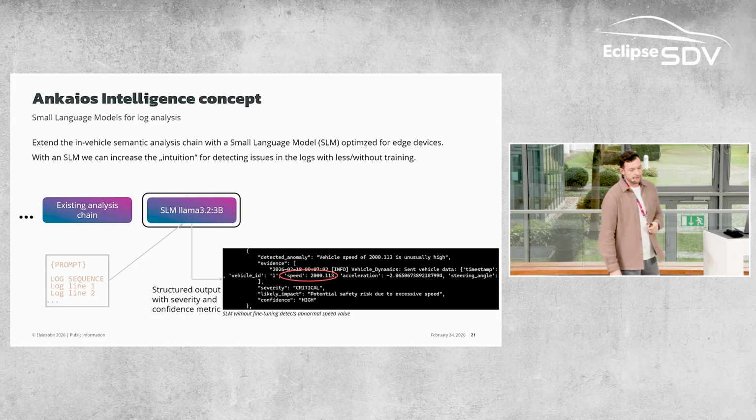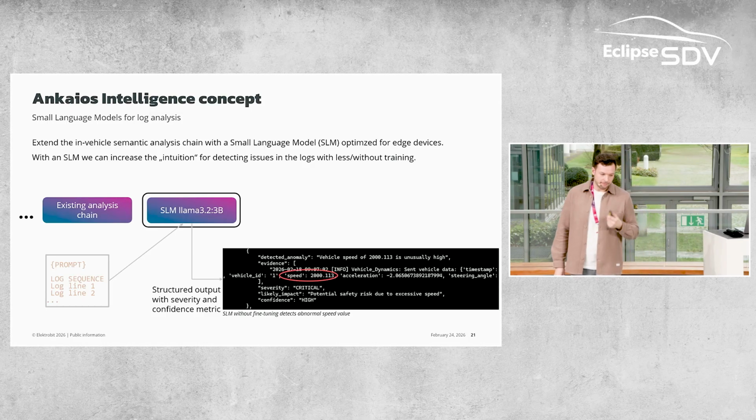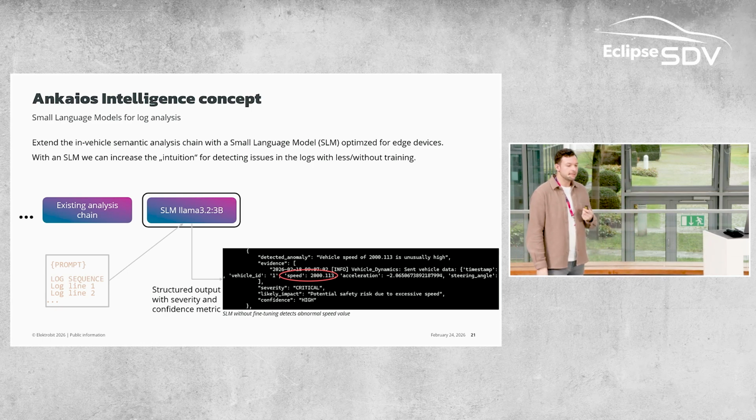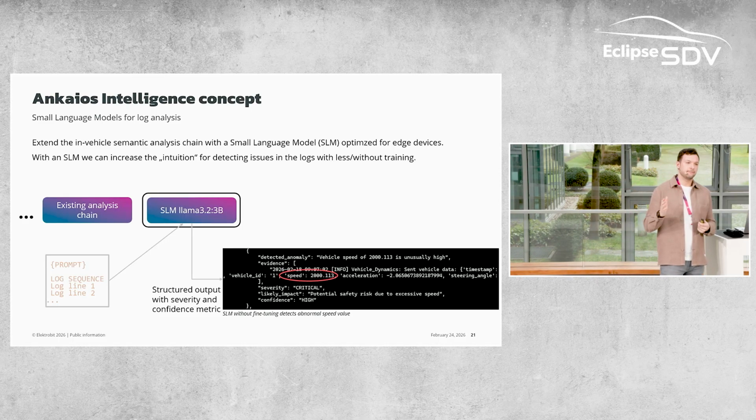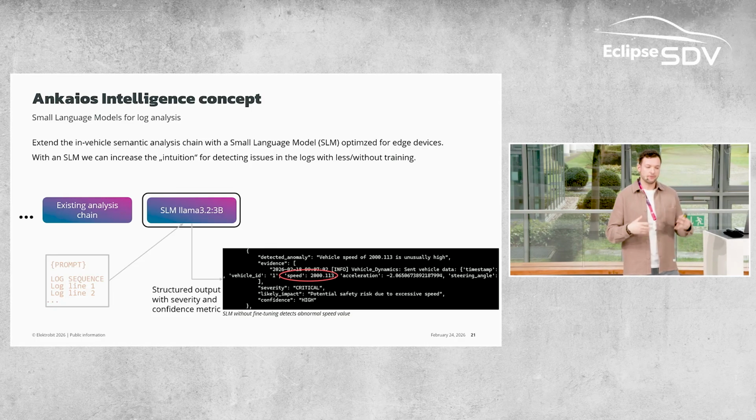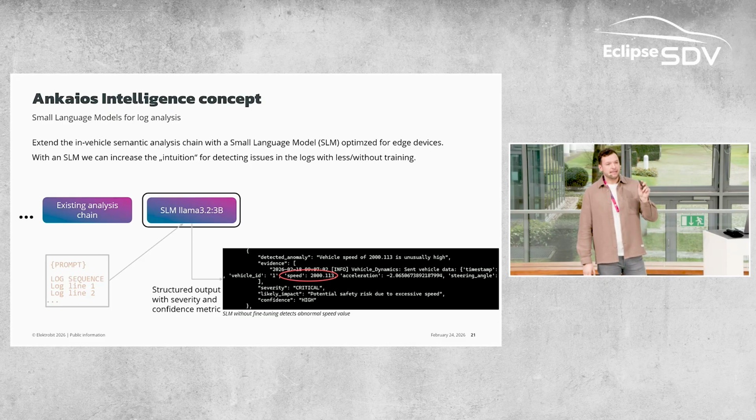You can have 3 billion, 1 billion parameters. But the key essence is we can increase a lot of intuition finding the anomalies in a stream of application logs, even without training. So if you do prompt engineering that's not specific for any application logs, but focuses on having the output in a more structured and well-formatted way, some LLMs are still able to detect, for example, here